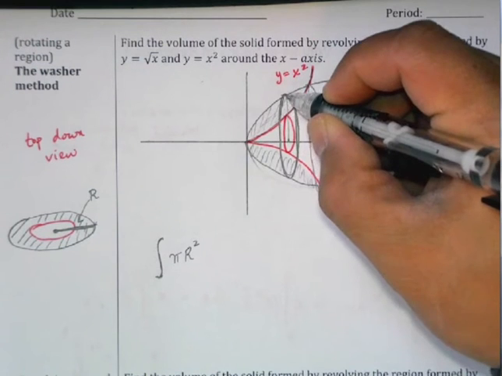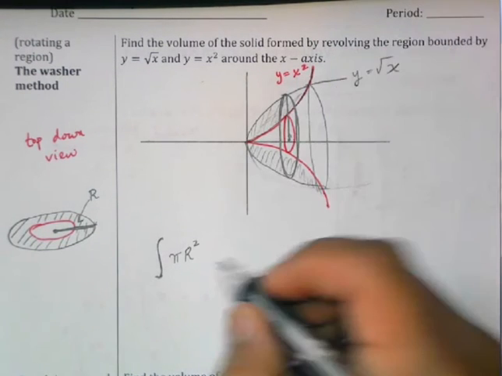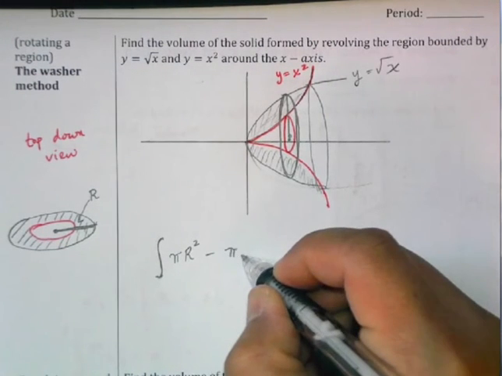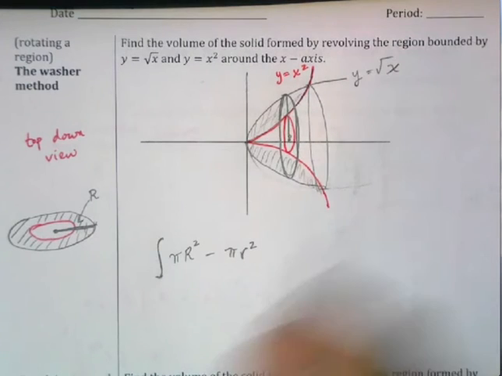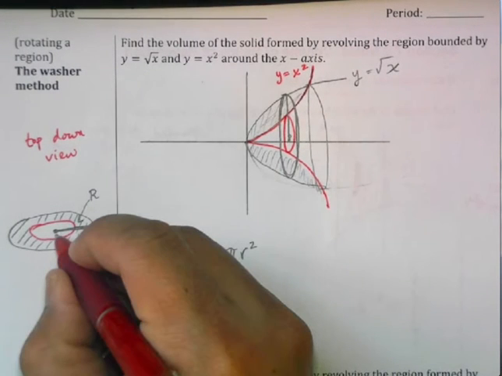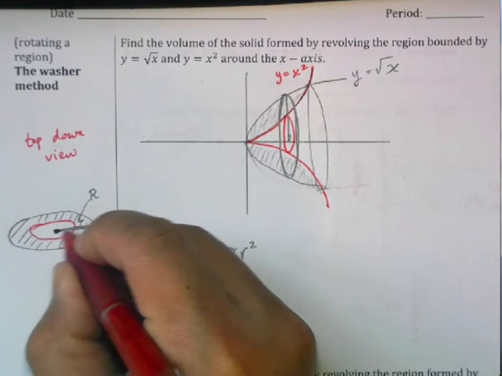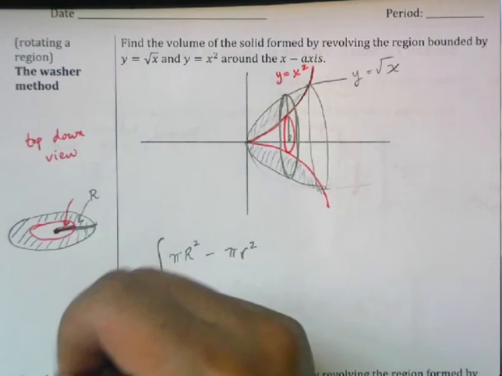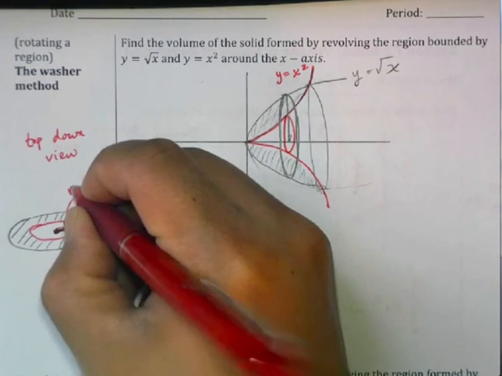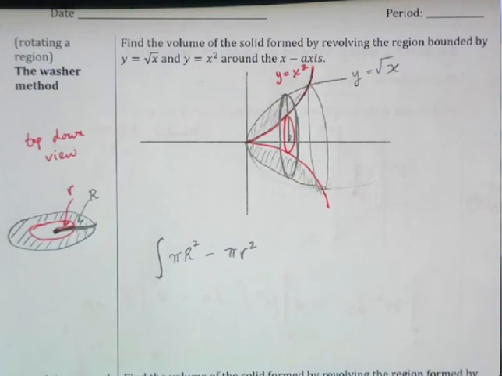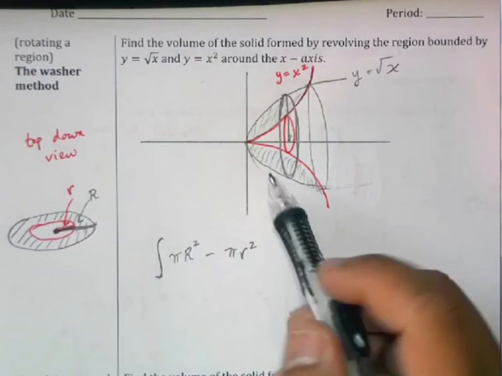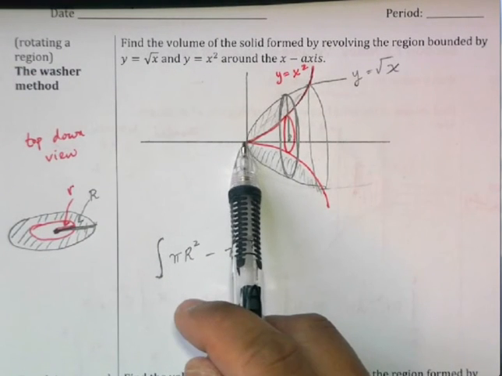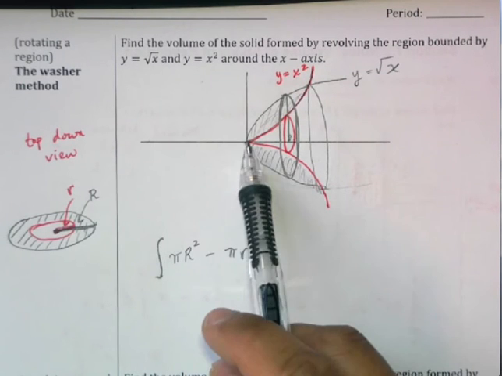So we look at the big radius, which is the radius of the y equals square root x function, minus the area of the inner circle, and I'm using little r here to indicate the radius of the smaller circle, the red circle in this case. Okay, so the area of the washer is pi big R squared minus pi little r squared,